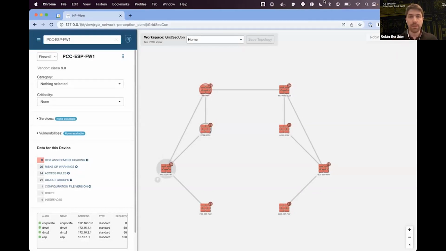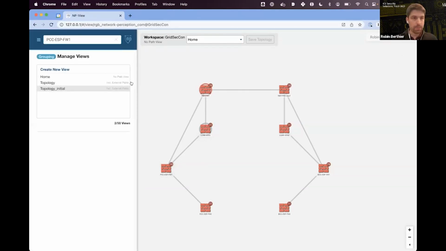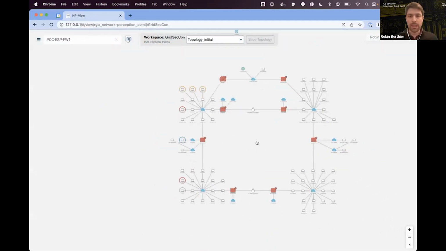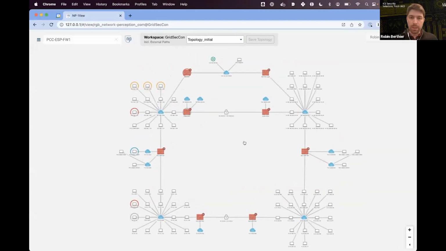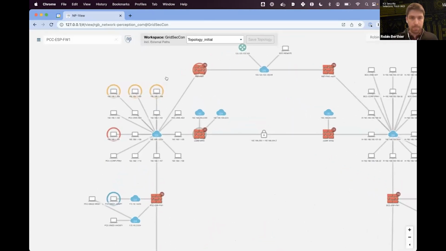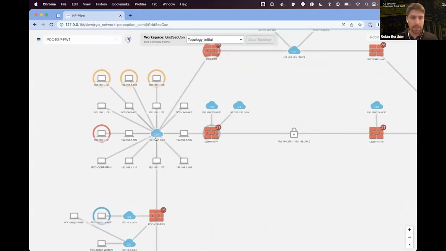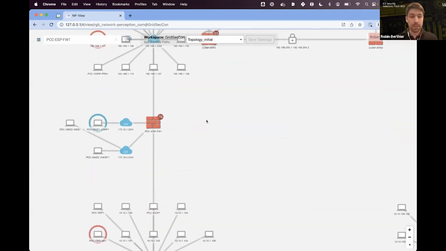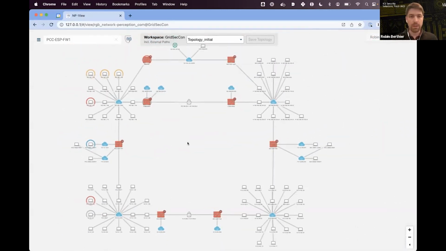And from that model, now we can send queries such as understanding the topology. So let me go to the manage view. I'll look at the initial topology map. So what you can see here is that the model, based on the information from the config file, shows this layer 3 map. We have our different firewalls. The blue clouds are representing interfaces or broadcast domains, and then connected to those broadcast domains, we have endpoints. So those are all the workstations, servers, or industrial equipment that we have in our environment.